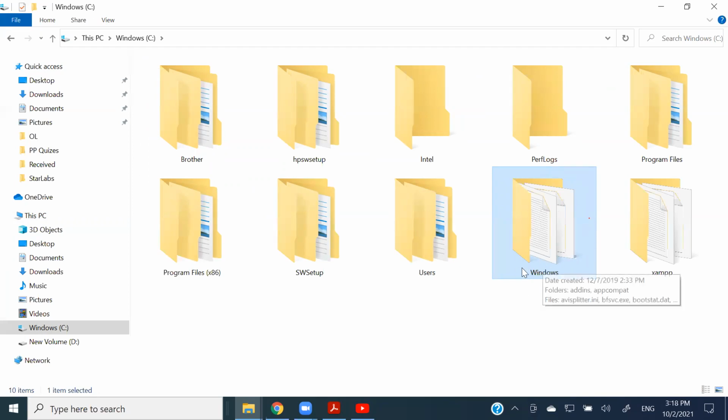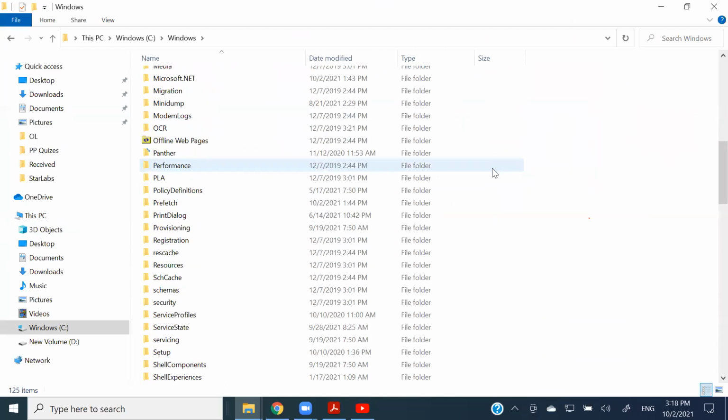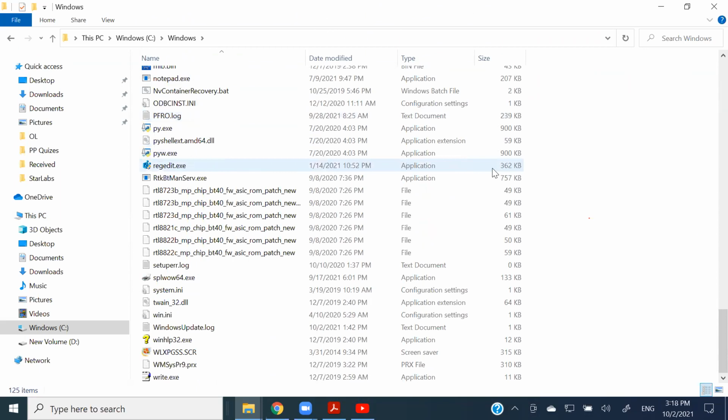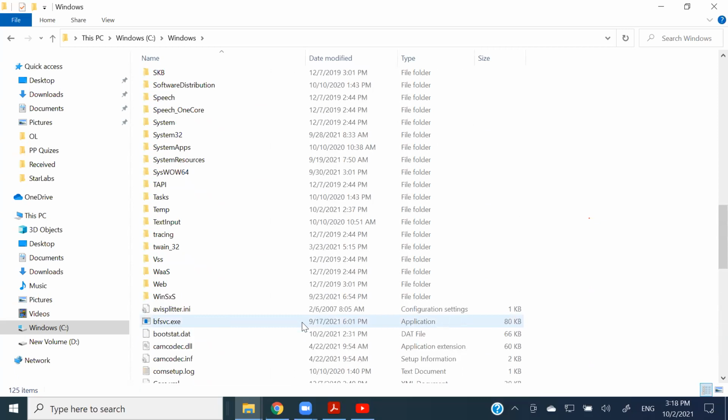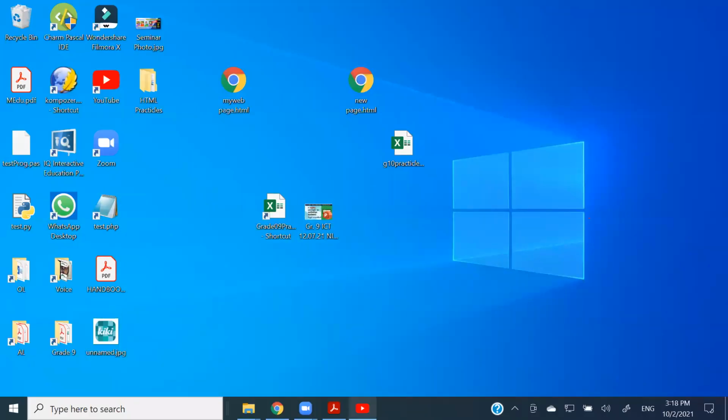So inside this Windows folder, all the files and folders that are needed for the operating system are installed, right? So now we are looking at the Windows folder in my computer, right? When the computer is being booted, starting from the power off situation to the power on situation, it goes through this folder and finds the MBR, right? Then it loads it to the main memory. Then only we will be able to see the operating system on the screen, right?